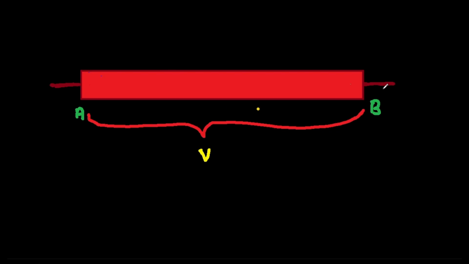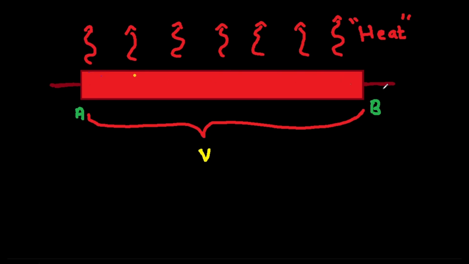Let's suppose I take a conductor like this, in which I give a potential difference of V across the conductor. The points A and B are the endpoints of this conductor. For a potential of V, I know that whenever 1 coulomb of charge passes from the point A to B, it does a work of V joule. So suppose that the work done by the charges when moving from the point A to B is fully converted